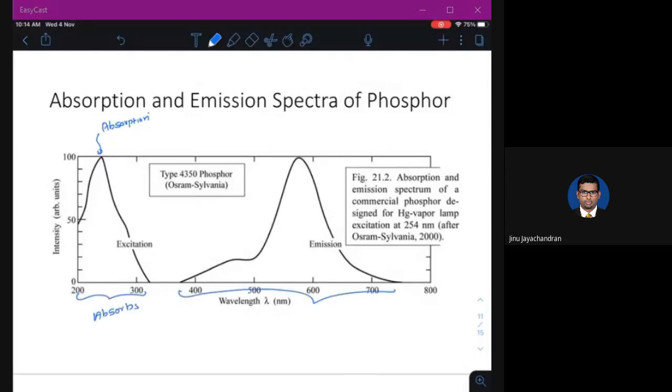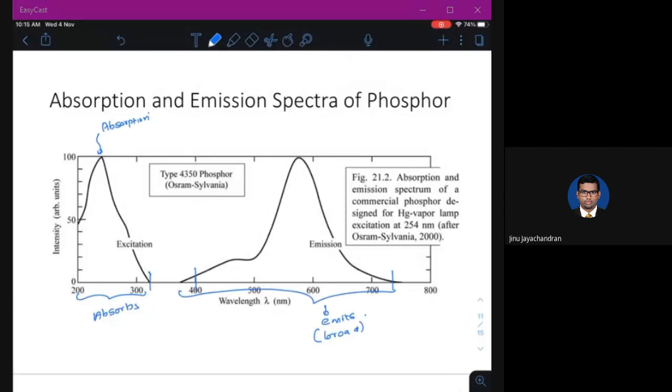And this is the wavelength the phosphor emits. You can see that this is very broad. It ranges from around 400 nanometer to around 750 nanometer. Okay, and the emission spectra is small. So this we have plotted only for visible light. You see that this, till 300 nanometer, starting from around 200 nanometer.